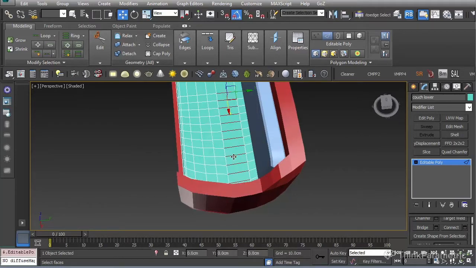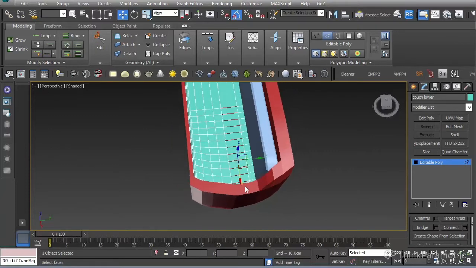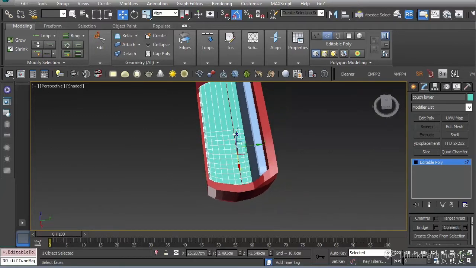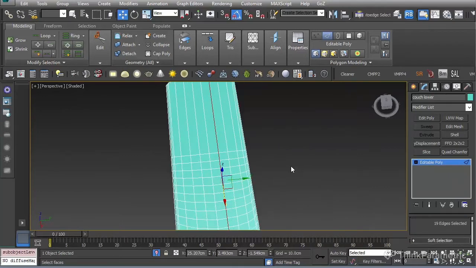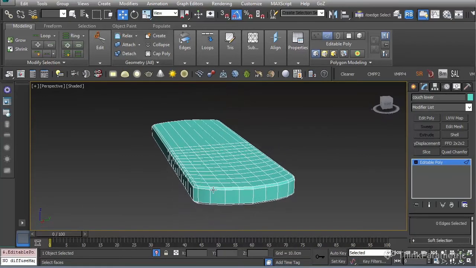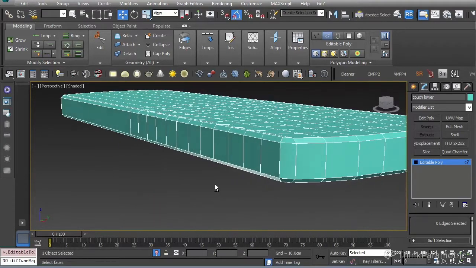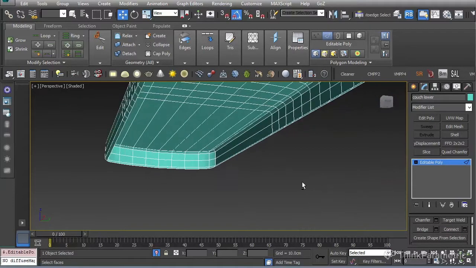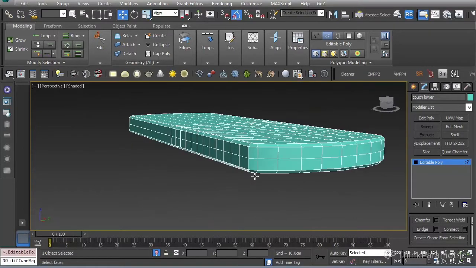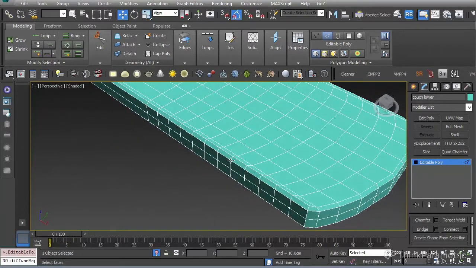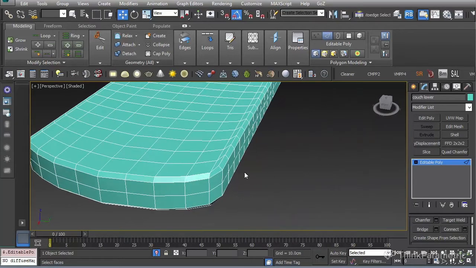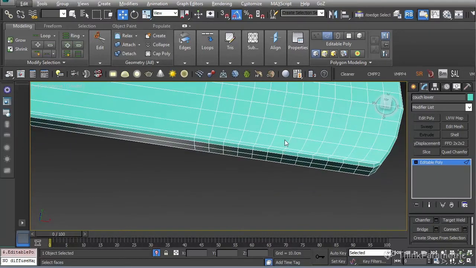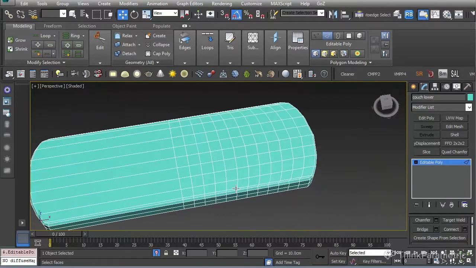Yes, same in here. Connect. Here we have something more or less even. And in here, if we press connect one more time, we have something more even. We will leave these edges in here, these ones that are not evenly divided. I will explain later why. But yes, we're going to leave this object like it is right now.